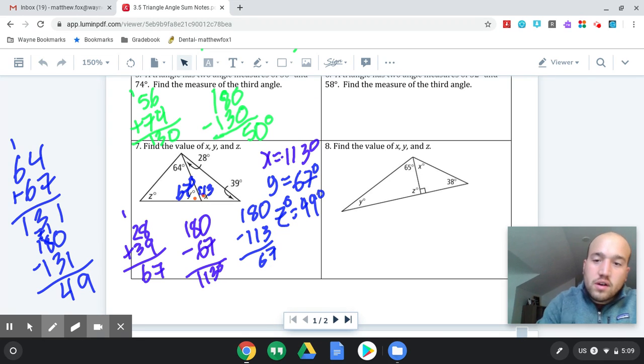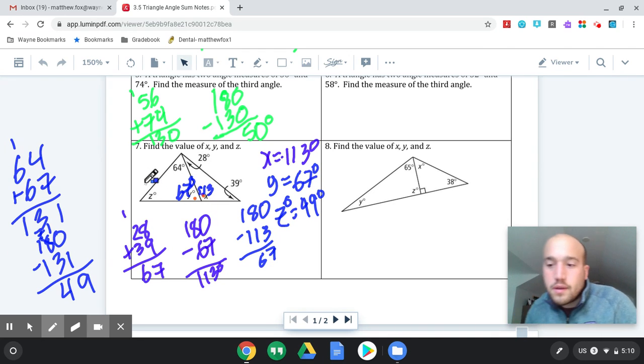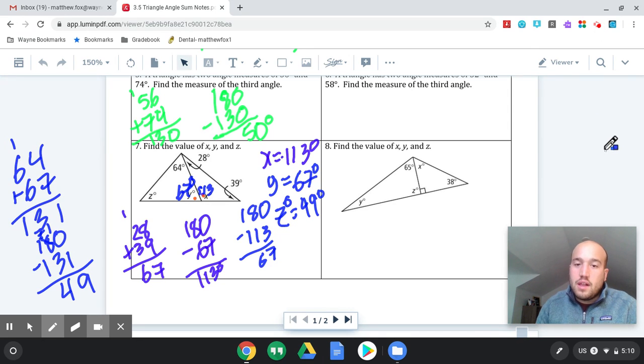So using our triangle angle sum theorem, we were able to find methodically what each of these angles was. Okay, so please let me know if you need any help. Solve a few problems, as a few examples, and if you have any questions or want me to do one with you,